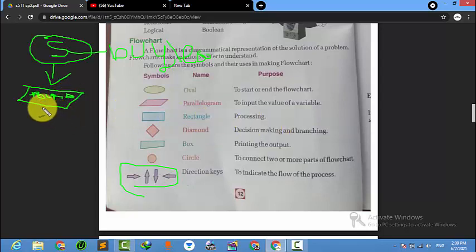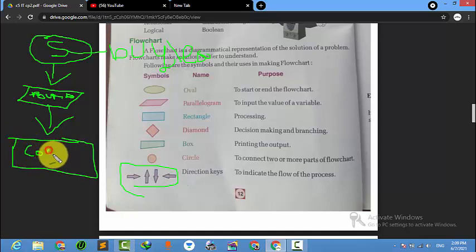Then the rectangle is processing here: put on the gas stove. Then it will be cooking, right? Then here is the diamond check. It will check whether it is fully boiled or not.